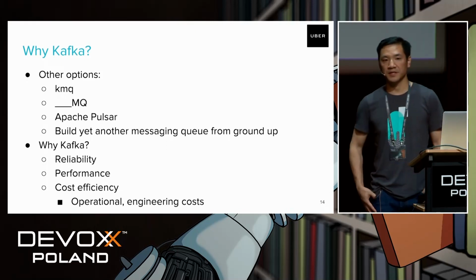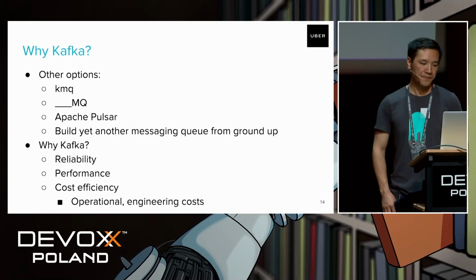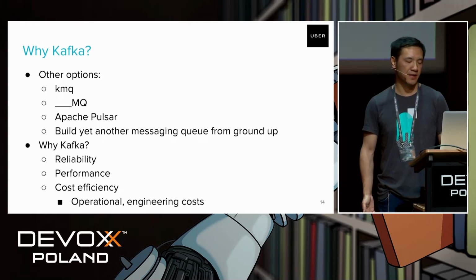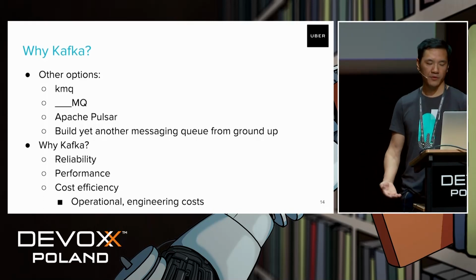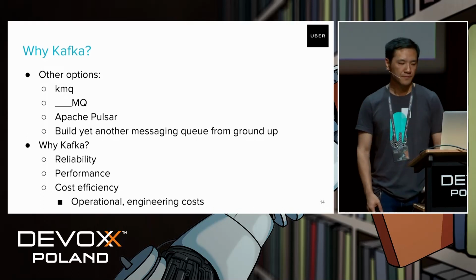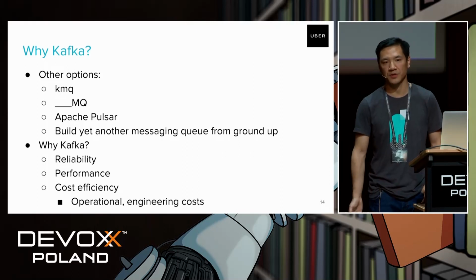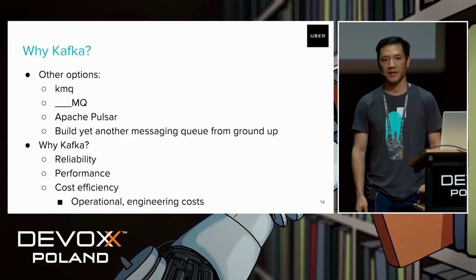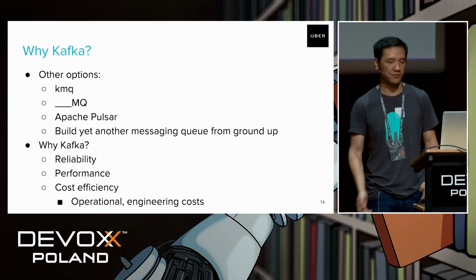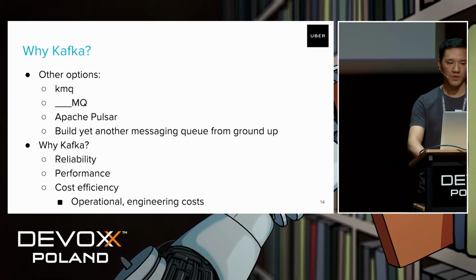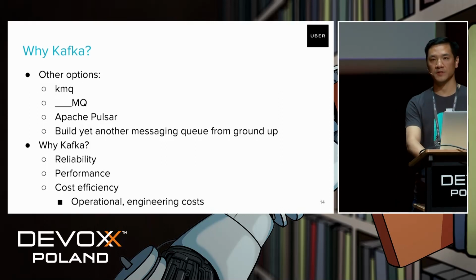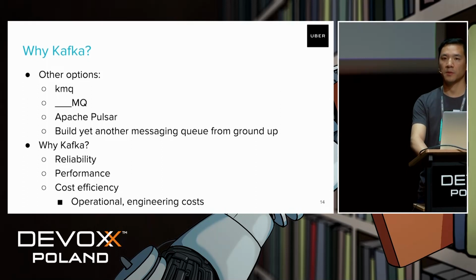Last reason is it's very cost efficient, because we are already operating Kafka at a very large scale, and we already know Kafka very well. We don't want to invest too many engineering resources in another messaging system; it's not a good idea for the resources themselves. So that's why we built the reliable redelivery and dead letter queue on top of Kafka.